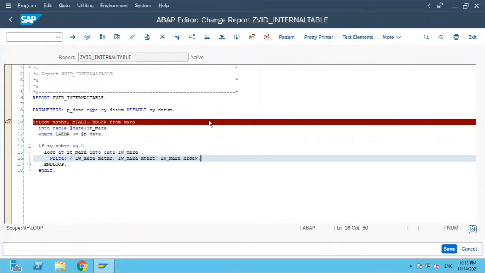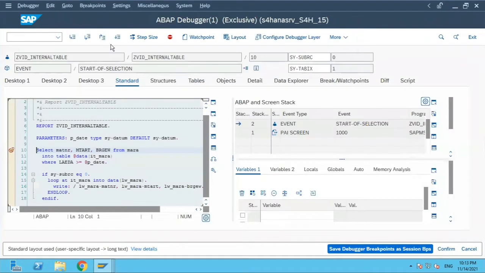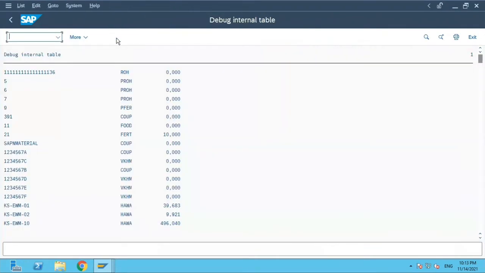Hi friends, one more session on debugging, again on internal table. Let's first execute this report. I'll enter 2020 because I want multiple values, and I will click on F8 to execute. If you see, there is an output which has been displayed, and in this case it's a simple report,